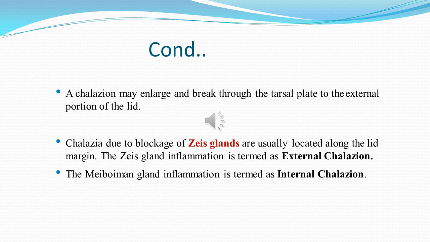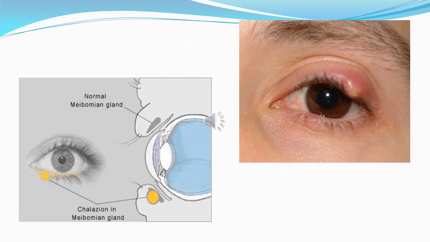If there is a blockage of the Zeis gland causing a similar granulomatous lesion, that is present usually on the skin side alone as a nodule on the skin. This is called a granuloma of the Zeis glands. Most of the time, meibomian gland inflammation or nodules will present on the inside and appear on the conjunctival side on eversion. That's why it is called internal. These are the pictures and diagrams showing the granulomatous lesion involving the Zeis glands.